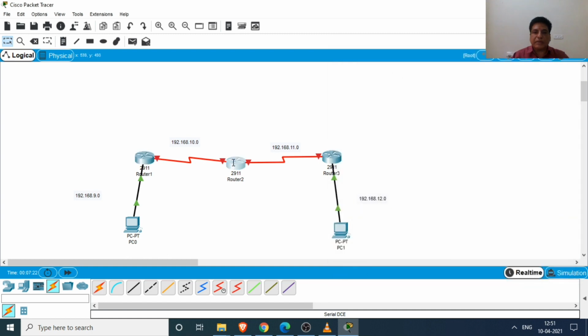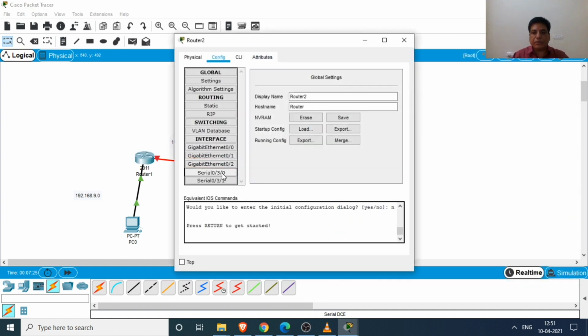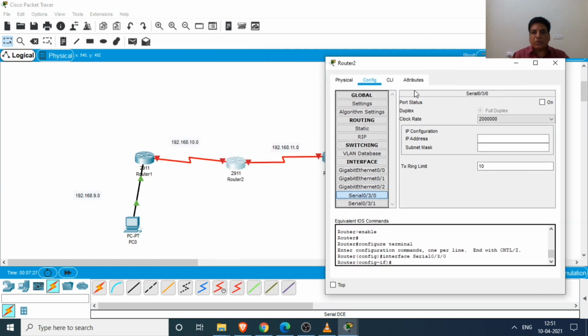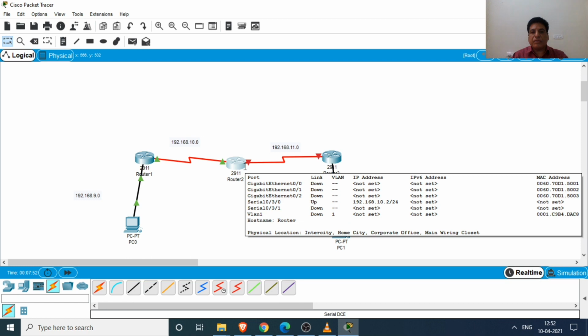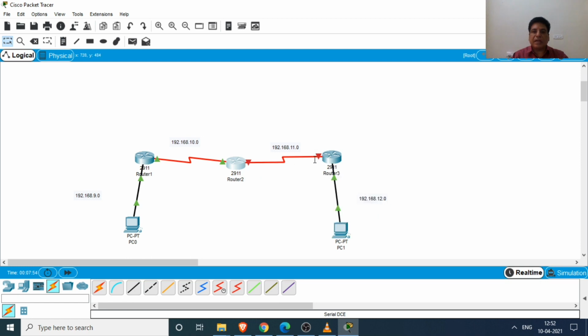Similarly, we are configuring the 033 port, which is connected to this link. So our address is 192.168.10.2, subnet mask for the class C, then the on the ports. And this again shows the green, it means these ports are configured and active. So here our network address is 11.0. This port we give the address 11.1, and this port we give the address 11.2.